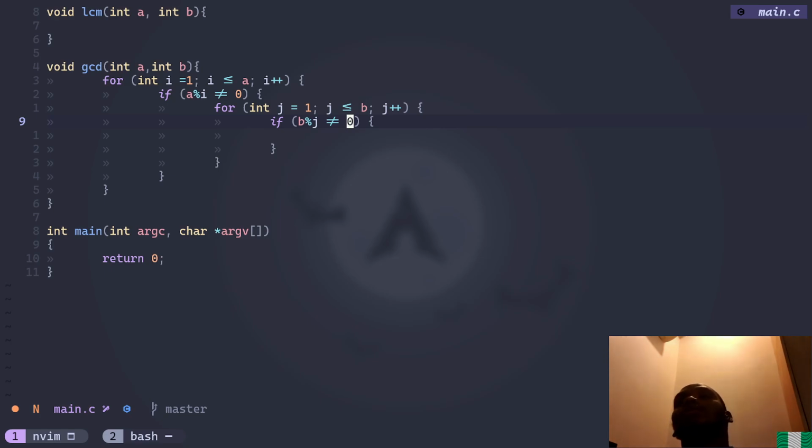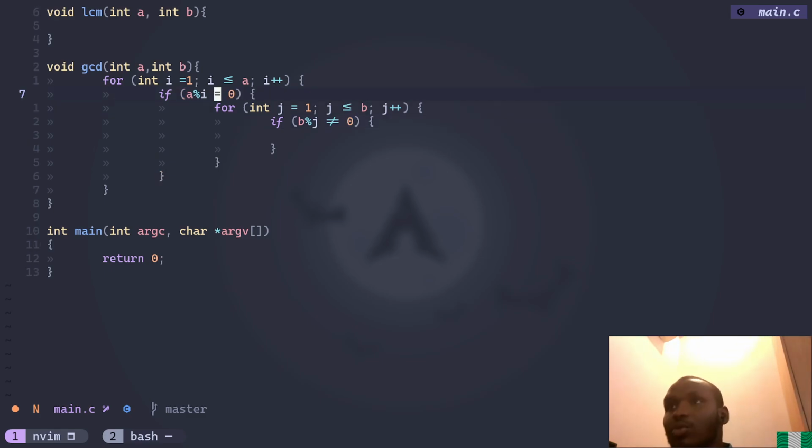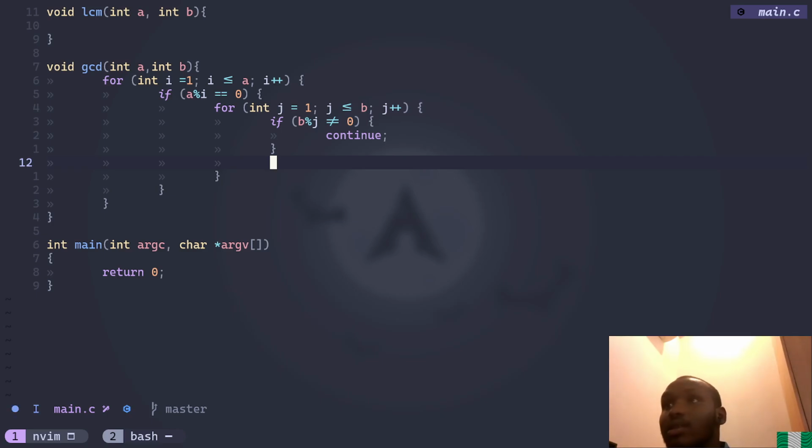Wait, if it is not equal to 0, that means there is a remainder. That means it is not a divisor. Wait, I'm supposed to write if it is equal to 0, that means there is no remainder. Then we enter this. Then for j, if it is not equal to 0, then we continue, and then else,